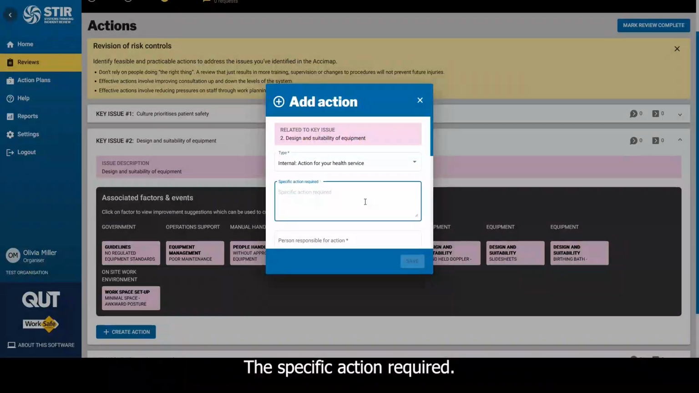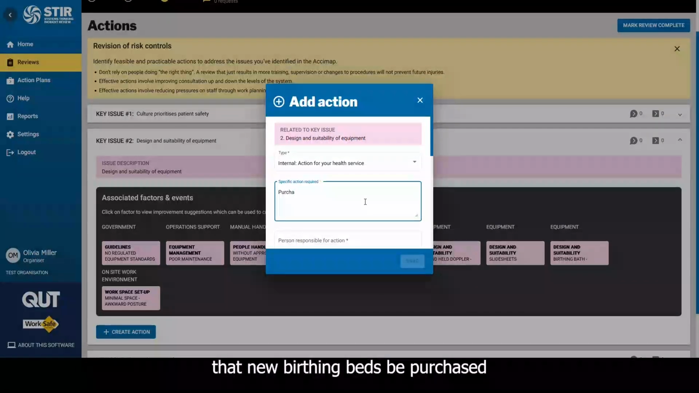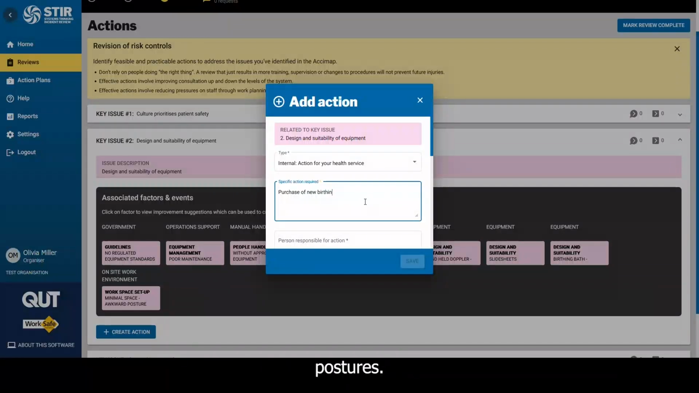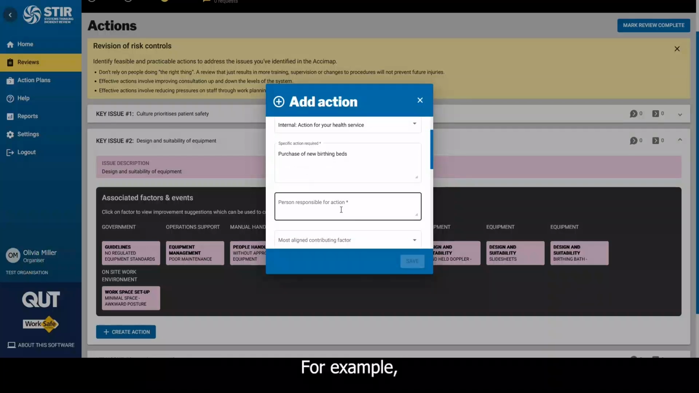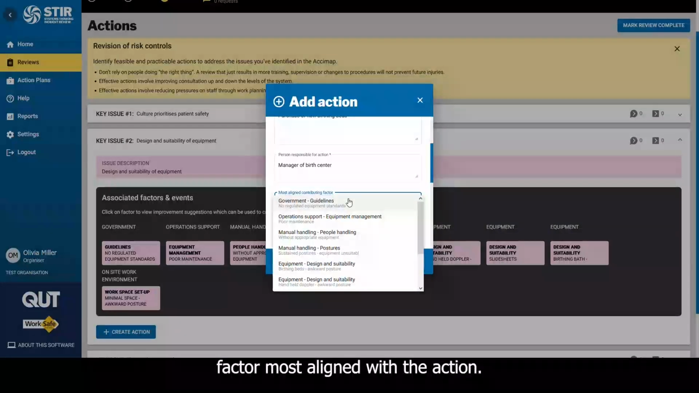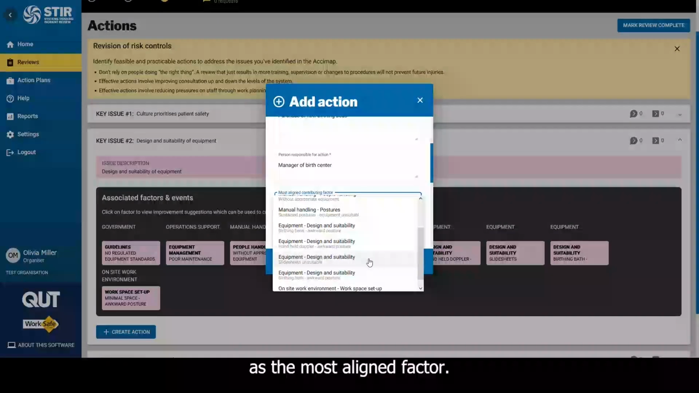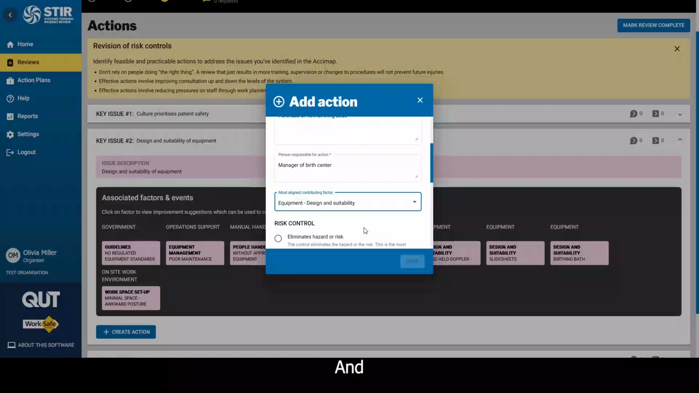The specific action required. For example, we might propose that new birthing beds be purchased to reduce awkward postures. The person responsible for the action. For example, we may put forward the manager of the birth centre. The contributing factor most aligned with the action. For example, we may select design and suitability of birthing beds as the most aligned factor, and